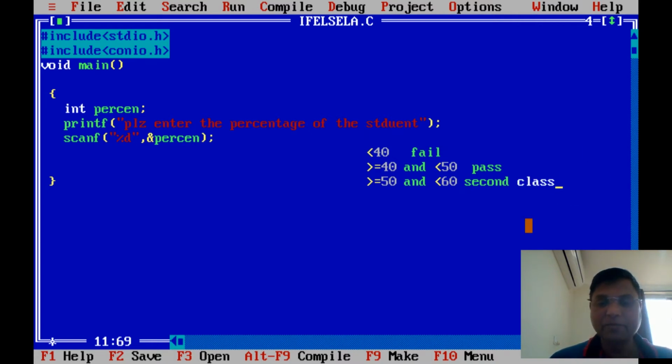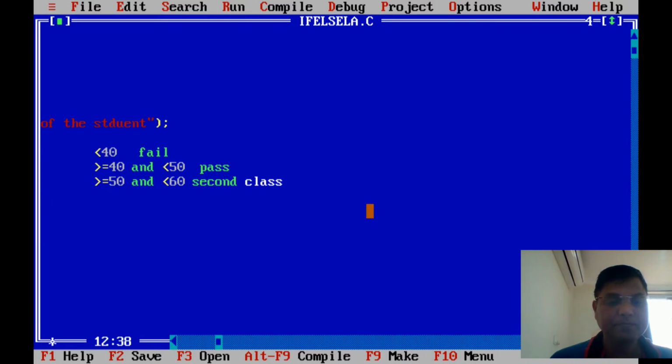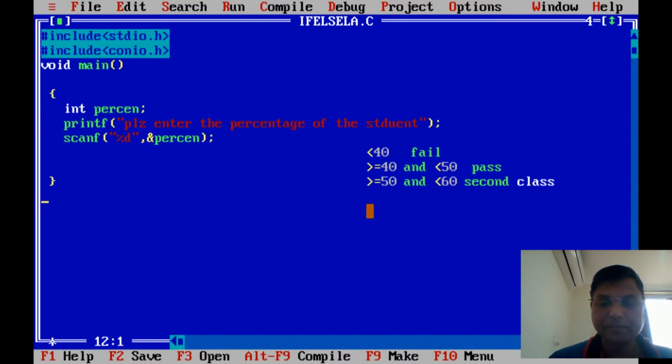And suppose we use another condition, greater than or equal to 60 and less than 70. I can say first class, suppose,